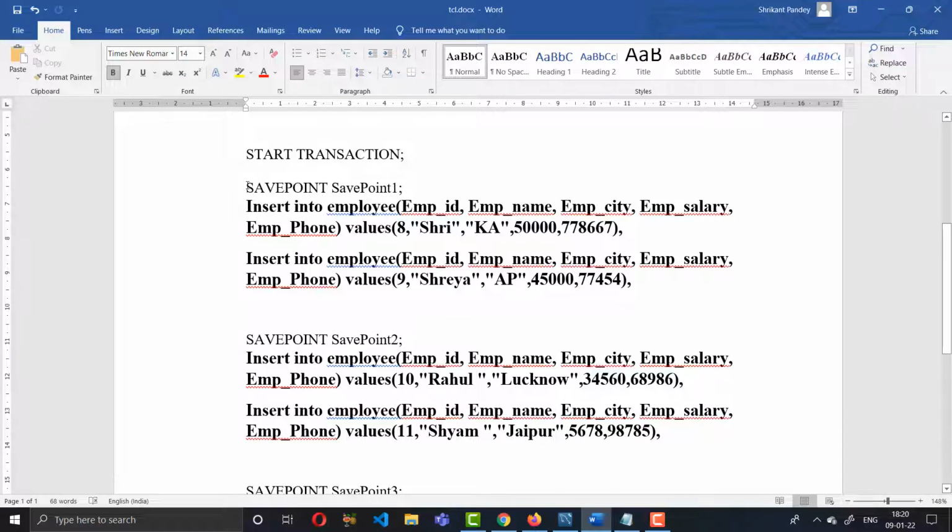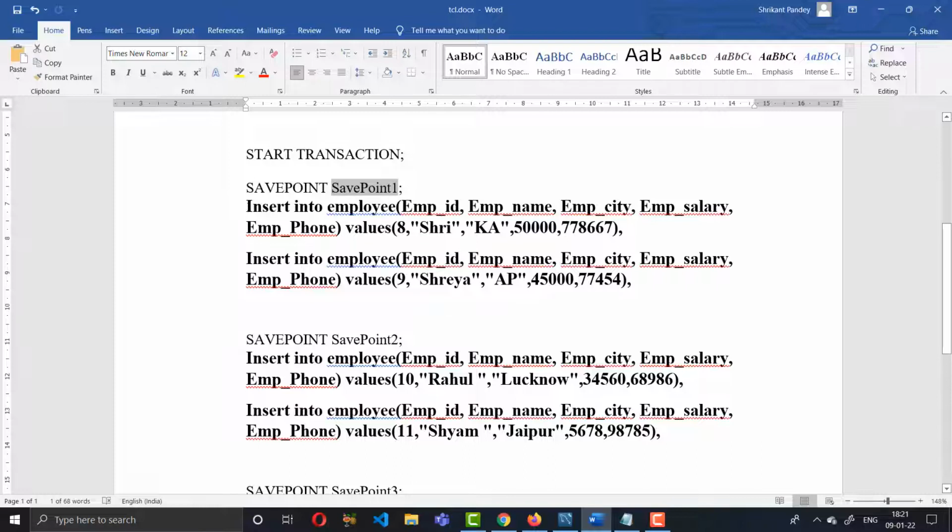Suppose this is the person, and give the name of the person. This way you can understand it. So savepoint, give the savepoint clause, and give the name of the savepoint here. Okay, so this is savepoint 1.